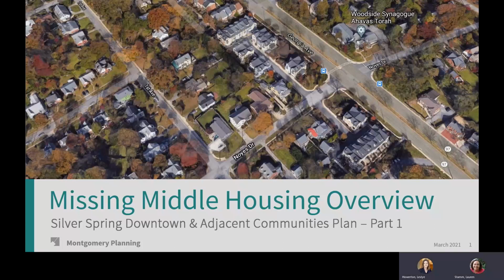Welcome to our first in a series of educational and informational overviews on the topic of missing middle housing. This overview is intended to be a follow-up to the presentation that was given to the Silver Spring community on March 16th by Opticos Design, and to help frame the discussion around missing middle housing and what it means for the Silver Spring community as we go through our upcoming visioning workshops on April 13th and April 27th for the